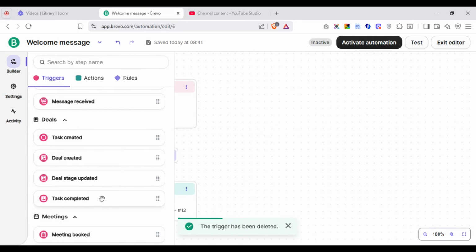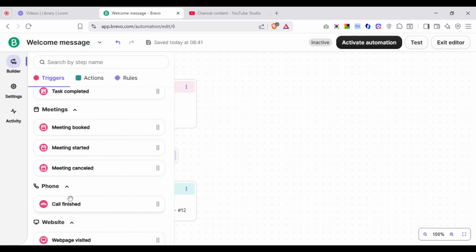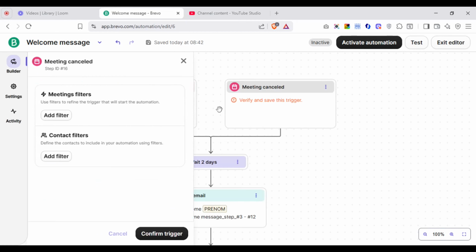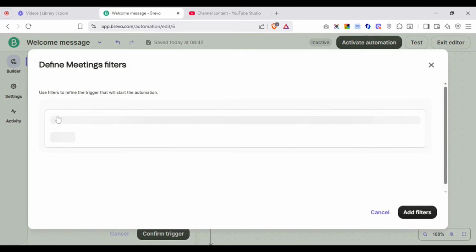Also, you can check for the task that is completed in a particular deal. You can also check for your meeting booked, for your meeting started, and if your meeting got cancelled. So let's say you have a meeting with a client and it got cancelled. You can check for the particular meeting that was cancelled, and you can set up this automation trigger for that